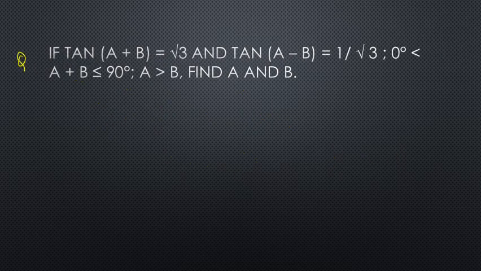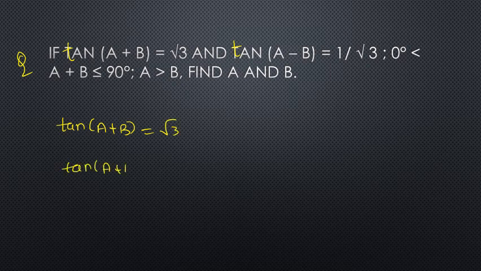Here, it is also based on those concepts, so it should not be in capitals. Okay, tan(A+B) is given to us, which is root 3. Don't you think we can write it as tan 60? So that means tan will be cancelled with tan. A plus B, on comparing, is 60 degrees.